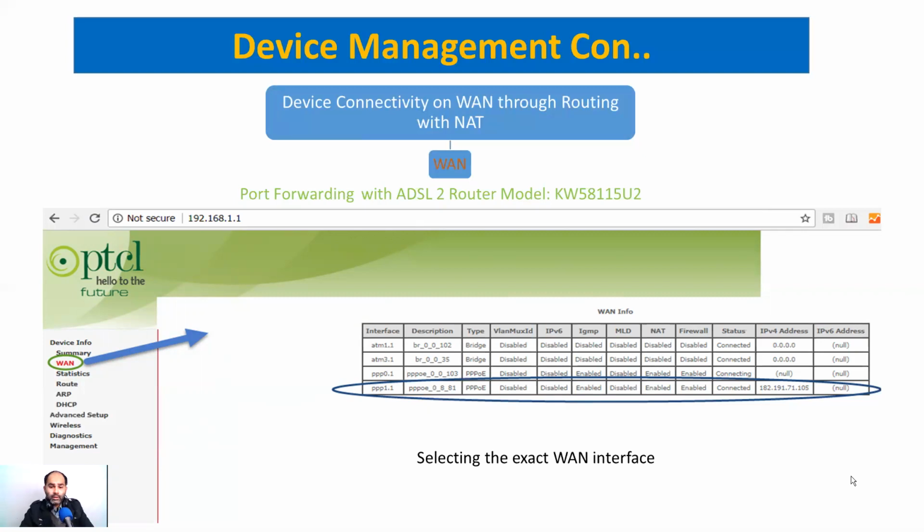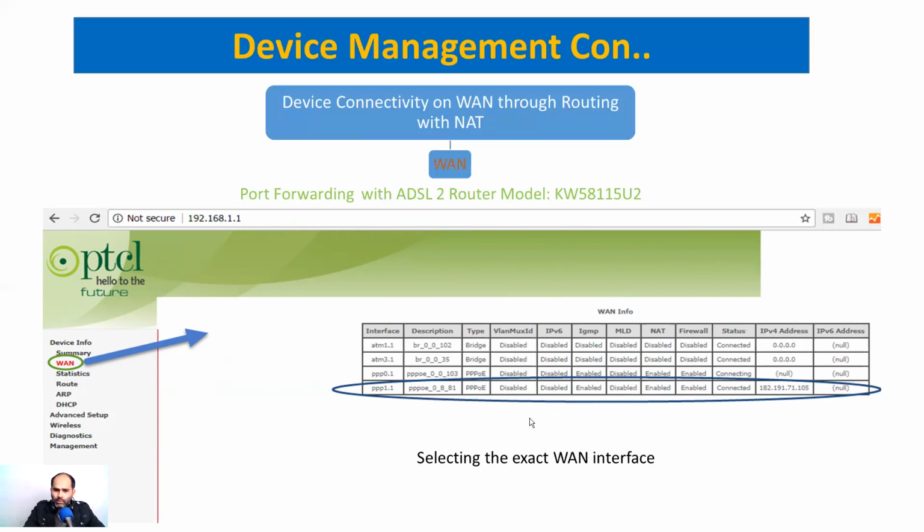This is the WAN interface. There are two parameters for a WAN. When you have an ADSL router, it's an interface, just like in other routers. The interface is where you have your static IP. So you can see PPP 101. We have interface PPP 101, where our IP address is given by the ISP, which is a static IP.